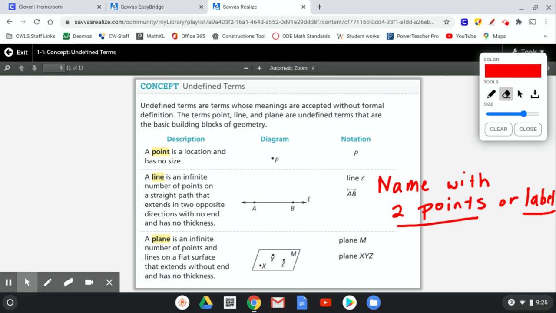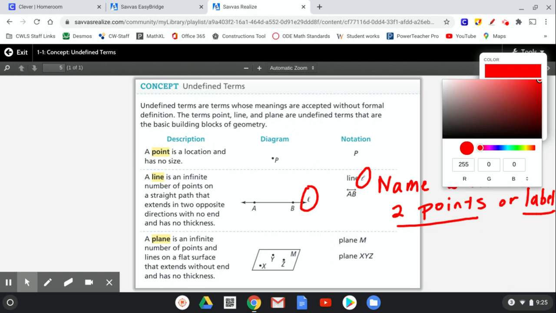The label part of it. So you can kind of see, everyone says it looks like an E, but it's actually an L. It's a cursive L right there. So we can name it line L. It's another additional way. L is not a point or anything like that. It's just a label. All right, so moving on to